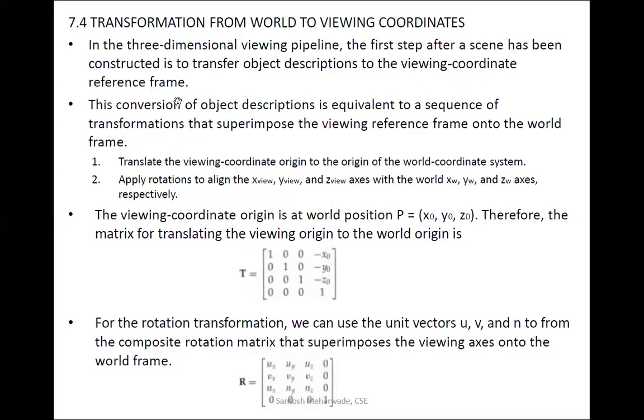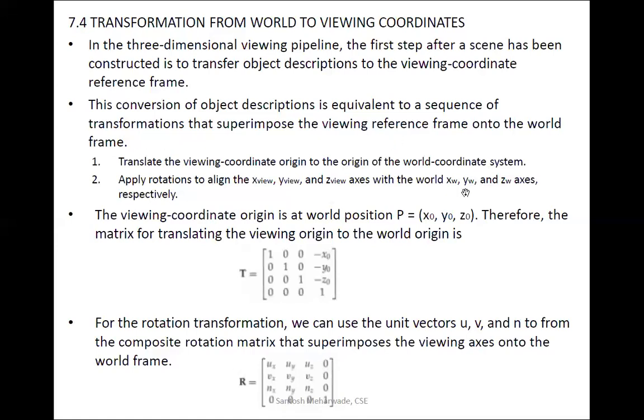This conversion of object description is equivalent to the sequence of transformations that superimpose the viewing reference frame onto the world frame. What it indicates here is that we are going to perform a kind of transformation, what we call an affine transformation, in which we convert the object description in the object reference frame into the viewing reference frame.